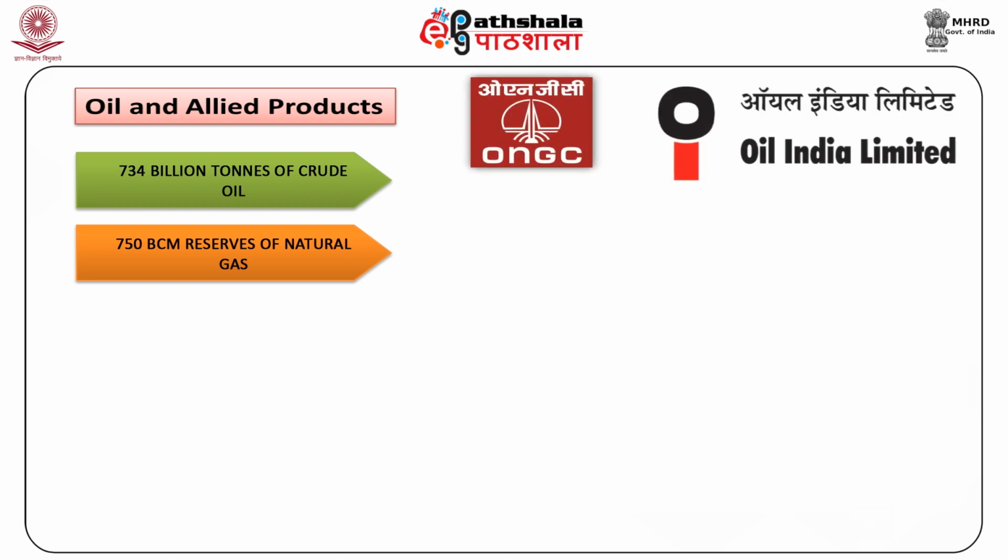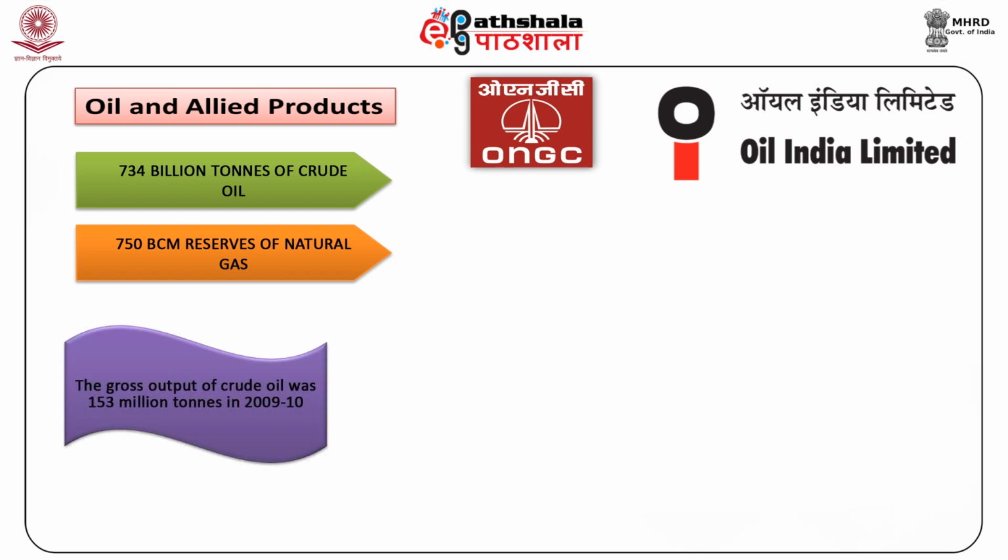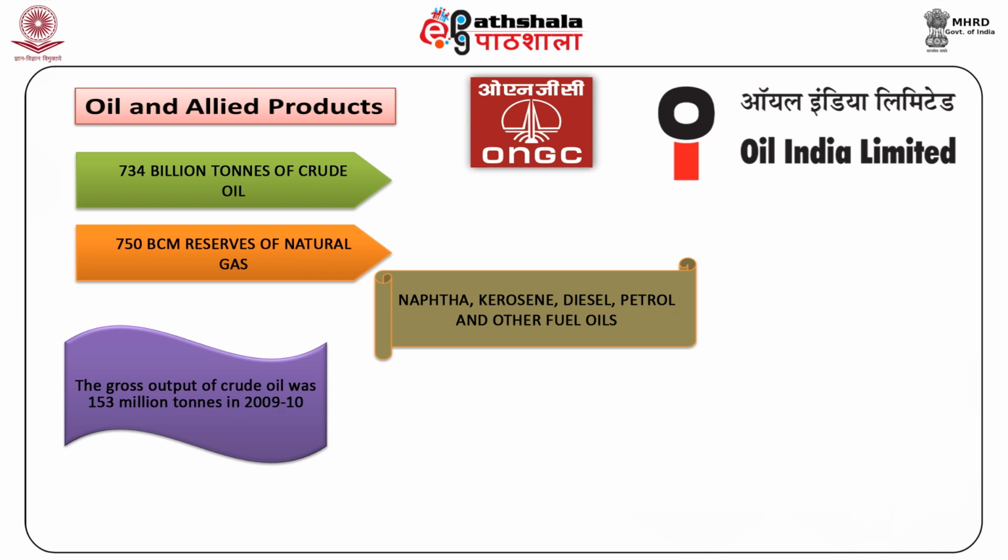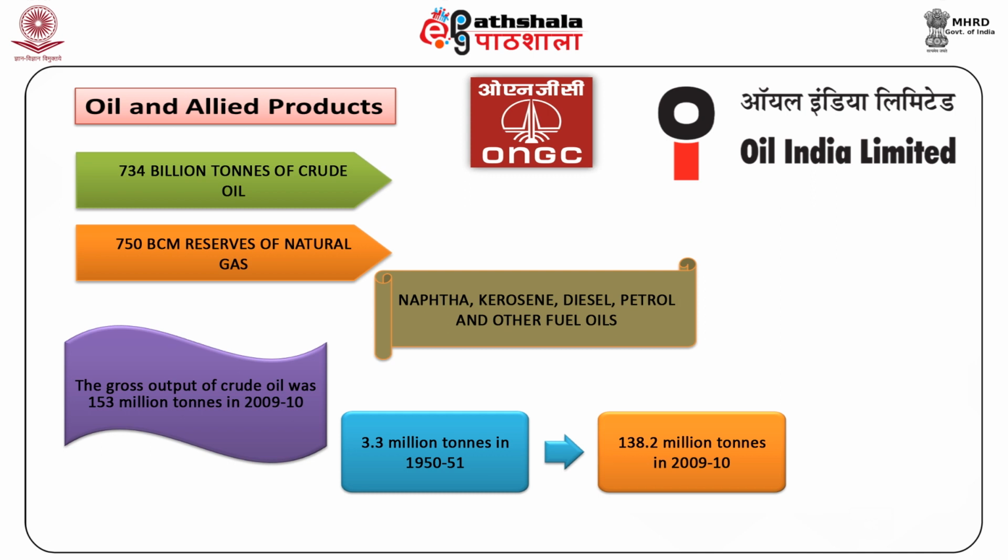ONGC and Oil India Limited (OIL) were the major government agencies involved in the exploration and offshore production of these resources. The gross output of crude oil was 153 million tons in 2009-10. Industrialization spurred the production of petroleum products like naphtha, kerosene, diesel, petrol, and other fuel oils from 3.3 million tons in 1950-51 to 138.2 million tons in